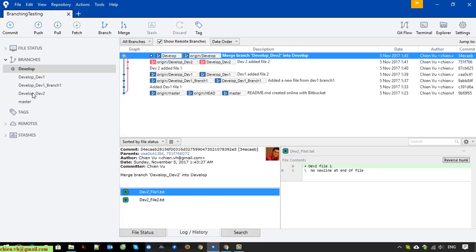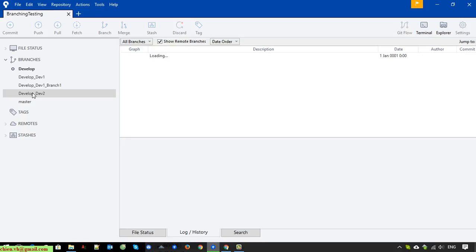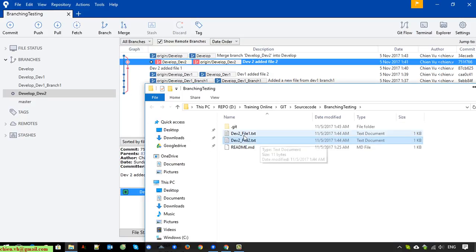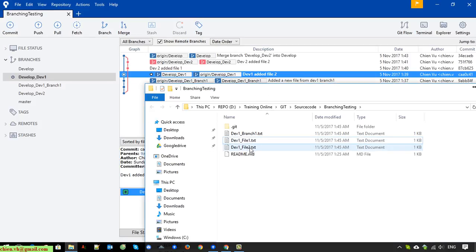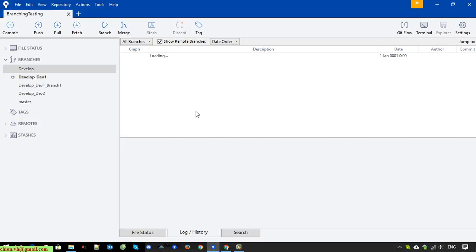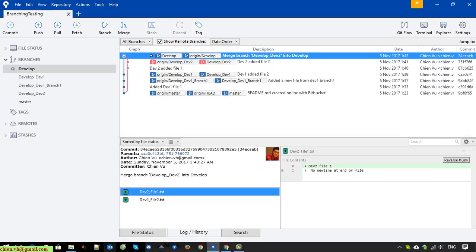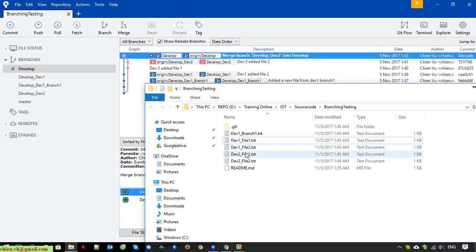Okay, so let's see. Dev2, we have dev2 file 1 and file 2, and dev1 we have file 1, file 2 and branch 1. It should be files 1, 2, 3, 4, 5. Oh, it's already merged into the develop. Okay,